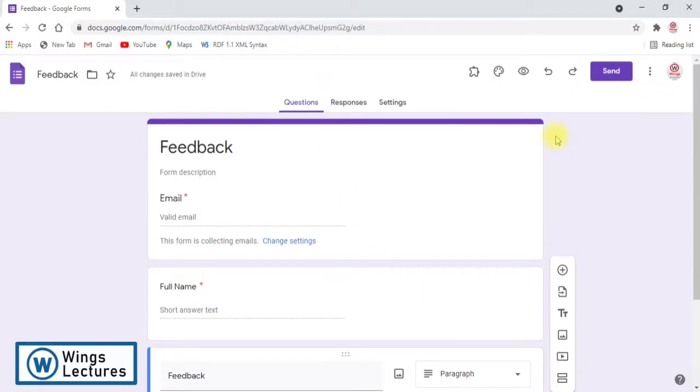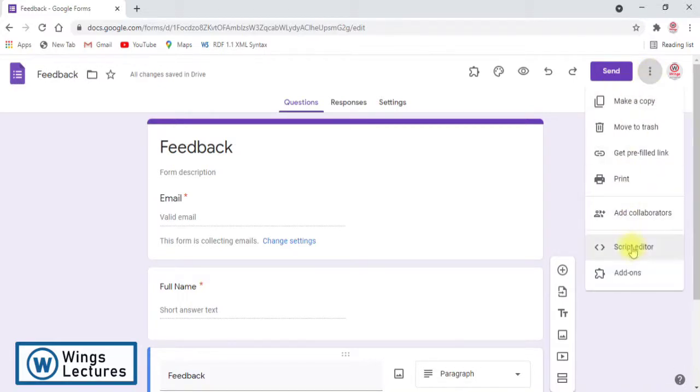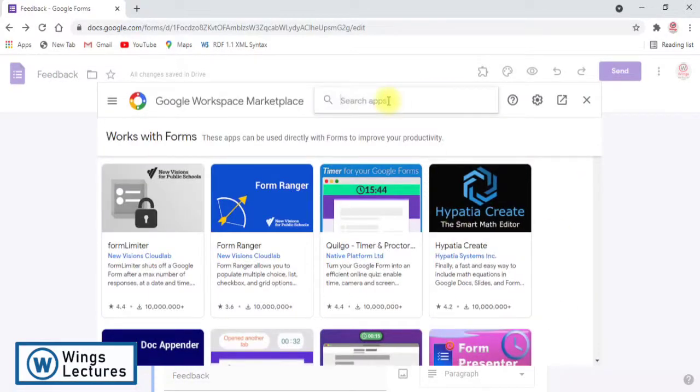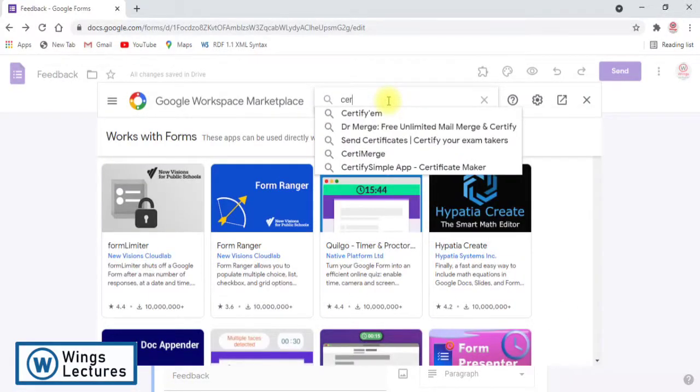Next, we are going to have two simple procedures, so listen carefully. First, click this more option, go to add-ons, and type something like CERTIFY. Click this option.